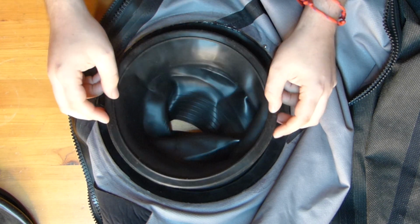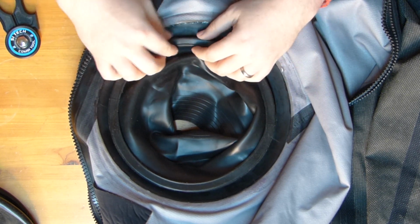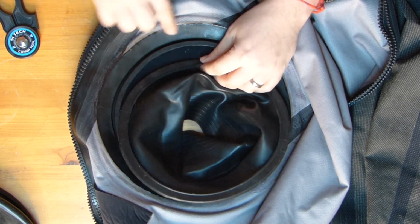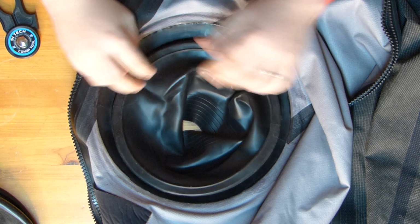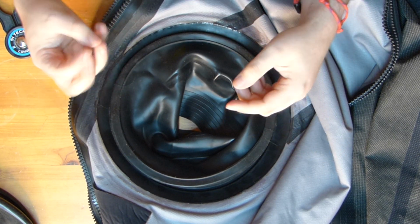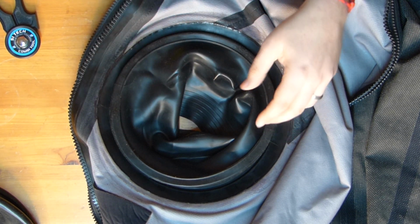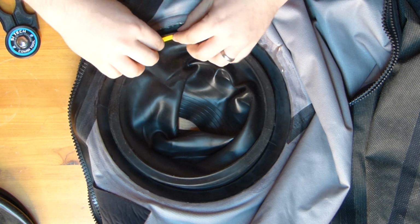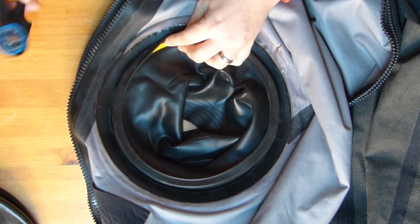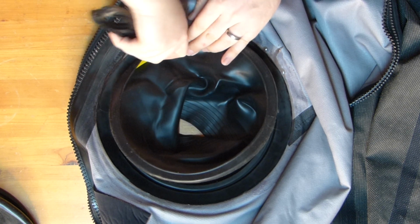And then all we're going to do to put this new one in, using the combi tool, is just push that yellow L back into this recess here. Now the important thing is to take your time, because if you're not careful you can pinch it in certain areas or pull too much material through. So first of all, line it up with the recess, and then use that pizza cutter tool to apply some pressure, firm but gentle,